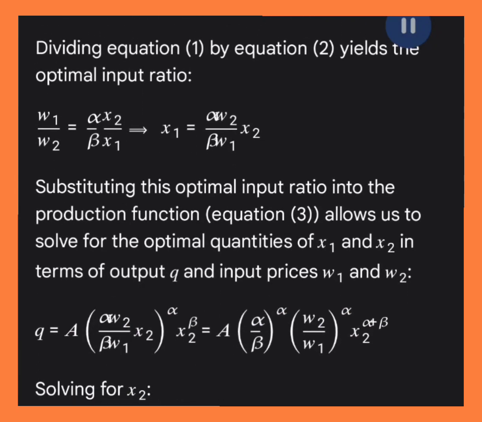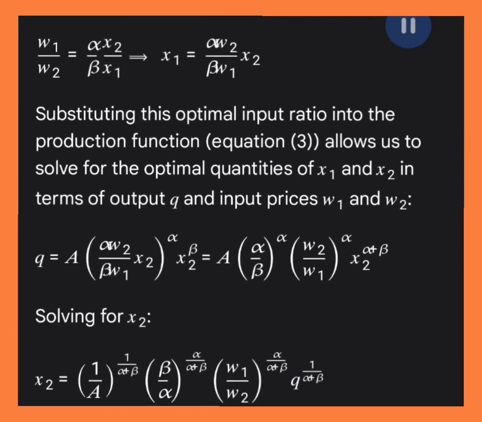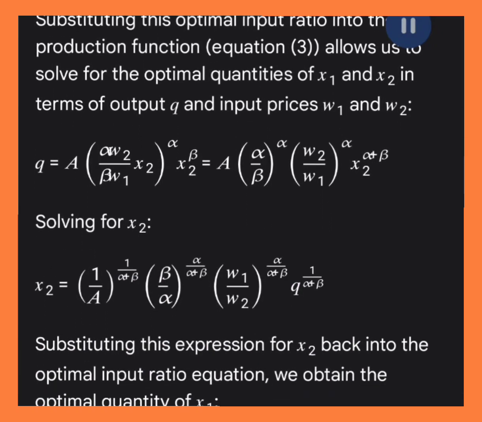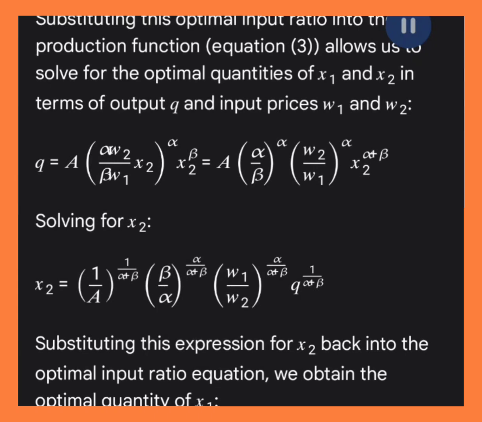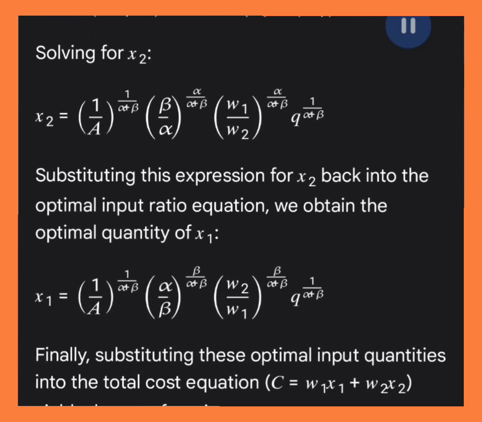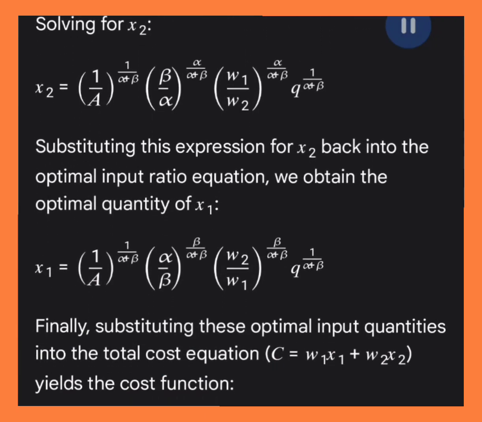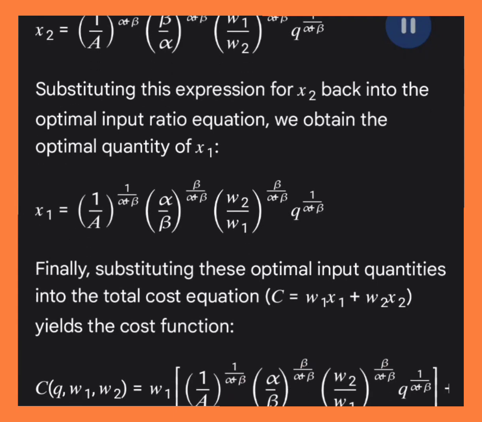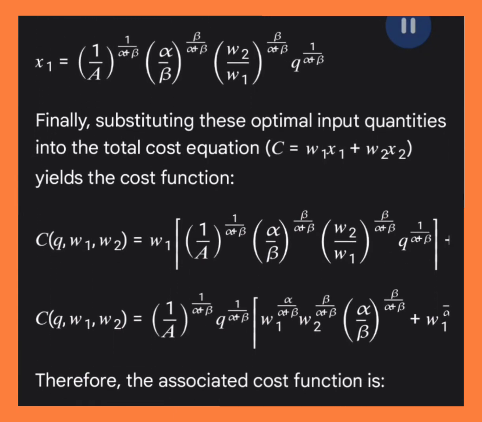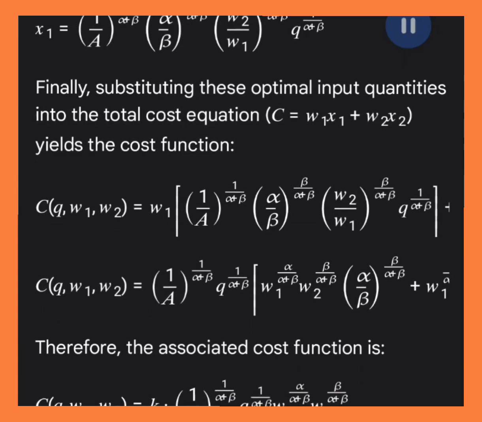Solving for X_2. Substituting this expression for X_2 back into the optimal input ratio equation, we obtain the optimal quantity of X_1. Finally, substituting these optimal input quantities into the total cost equation, C = W_1 X_1 + W_2 X_2, yields the cost function. Therefore, the associated cost function is,